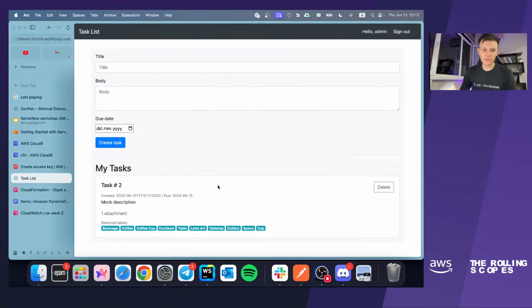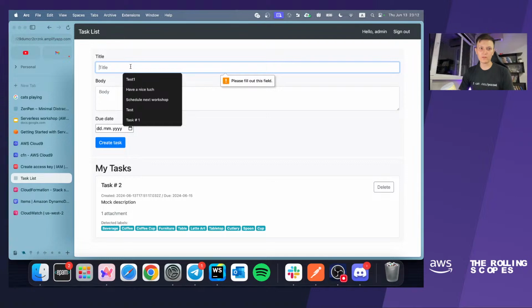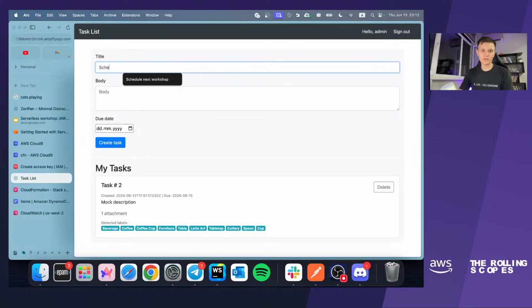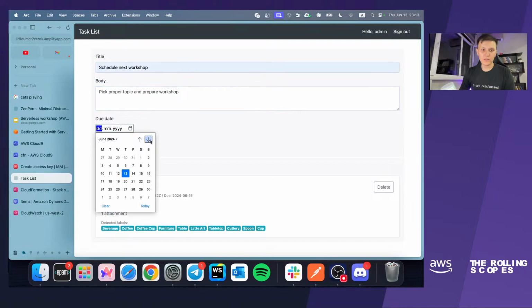Let's try to... Yeah, now we don't have the upload file option, so we definitely have to create one more task. Let's schedule the next workshop, that will be the next task for me. Pick proper topic and prepare workshop, and due date.